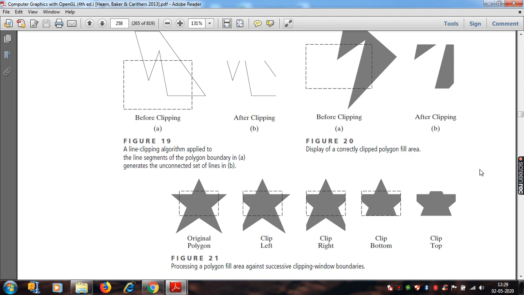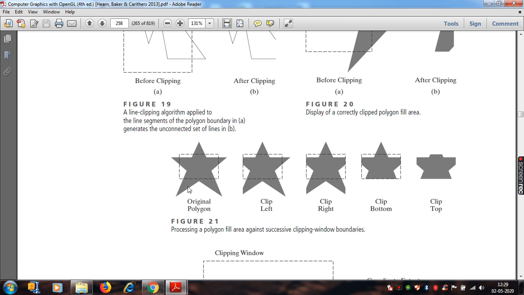So what we used to do, if you want our polygon to be clipped, in that particular approach, left, right, top, bottom, you can see in this diagram the original polygon that has to be clipped. When it goes through the left clipper, the portion of the polygon that is beyond the left side of the clip window will be clipped like this. Then it goes through the right clipper, where the portion of the polygon outside the boundary of the right edge of the clip window will be clipped. Then similarly bottom, then similarly top. This is the finally produced set of vertices. The final output will be something like this.